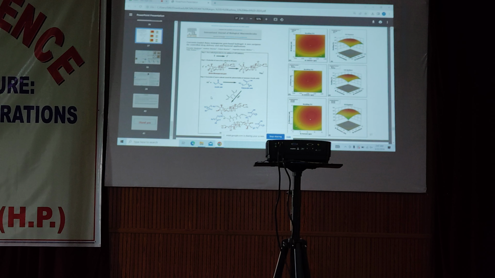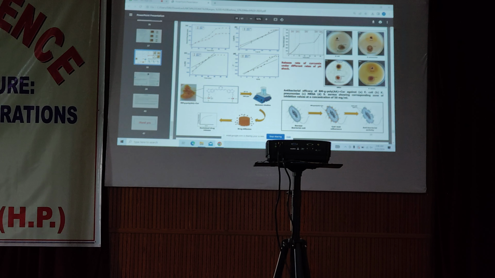So we synthesized a curcumin-loaded hydrogel, and this also turned out to be a very efficient antibacterial agent. We synthesized it again through RSM. We see the synergistic effect of many factors, and we observe that the monomer concentration and the cross-linker concentration play a very important role in its synthesis. And when we studied it over different bacteria like E. coli